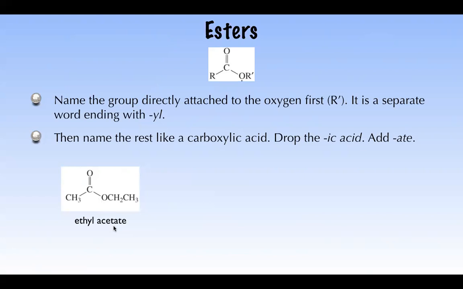Acetic acid and formic acid are just totally accepted. Now look at this one. What is directly attached to the O? A benzene ring. That's called not a benzene, a phenyl. Then the carboxylic acid over here would be propanoic acid. So it's going to be phenyl